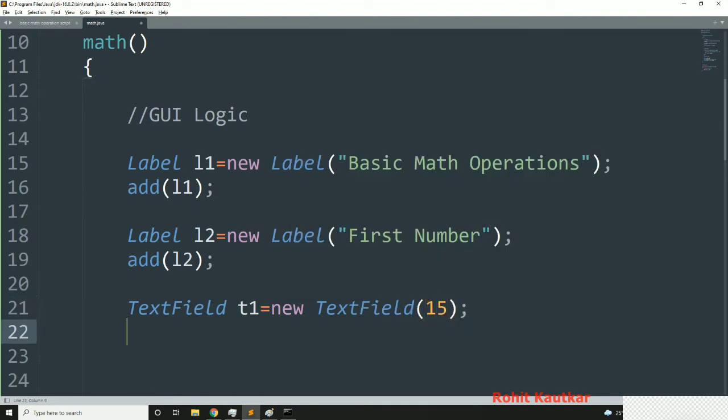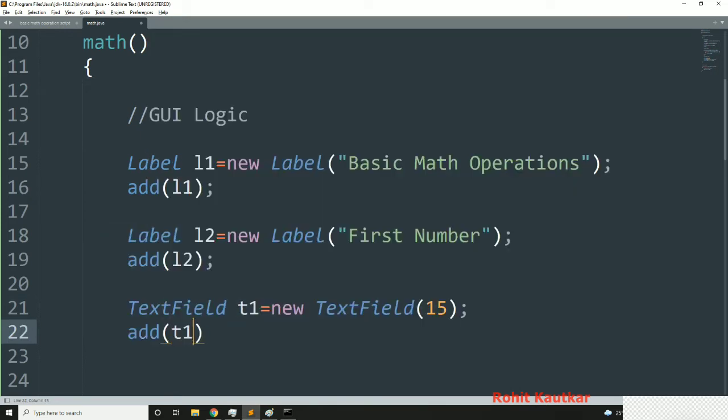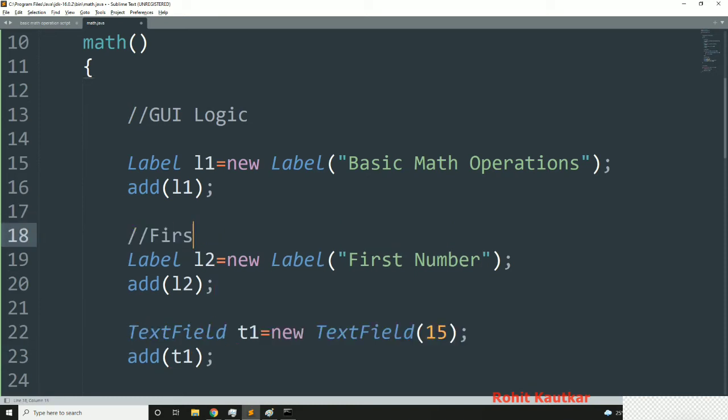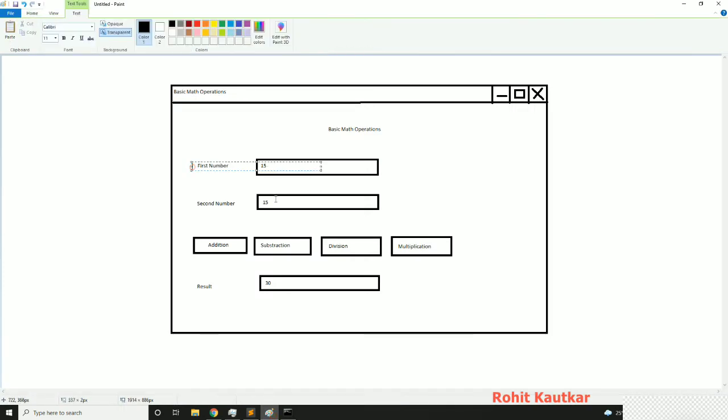Let's say its length will be 15, and I will add T1. Okay, now this will be for the first number. So this is a label, this is a text field. Okay, this thing we have created.